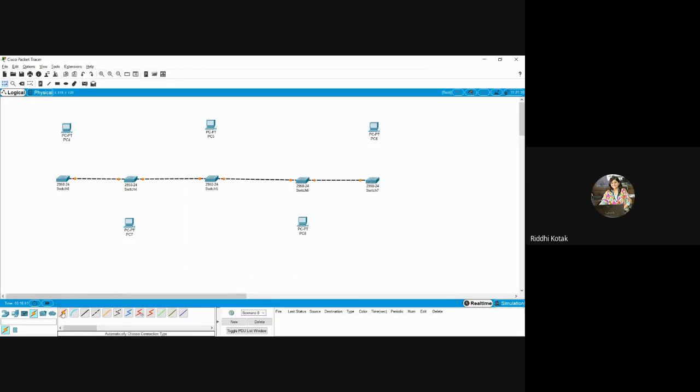Okay, now we will connect this PC with this switch. Okay, so provide the connection.